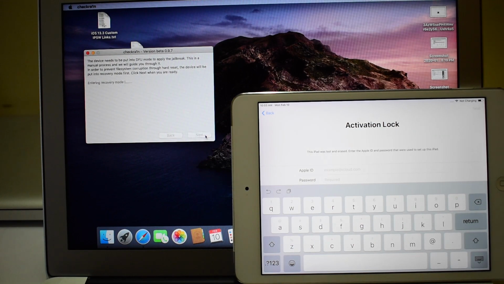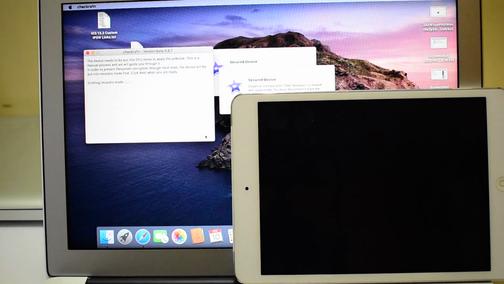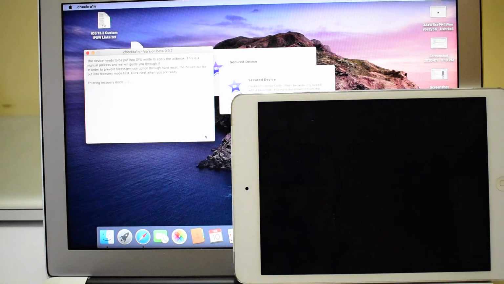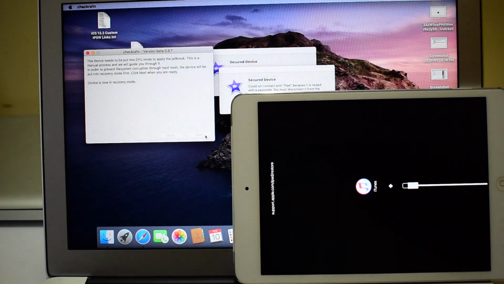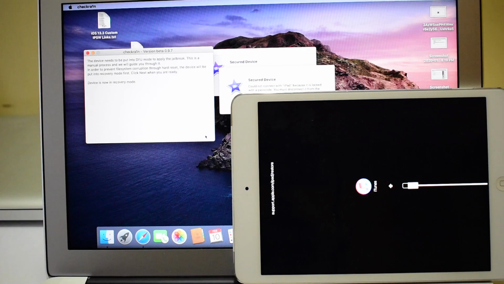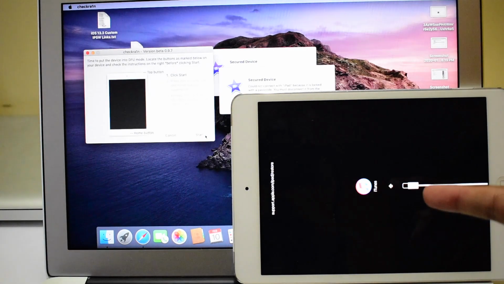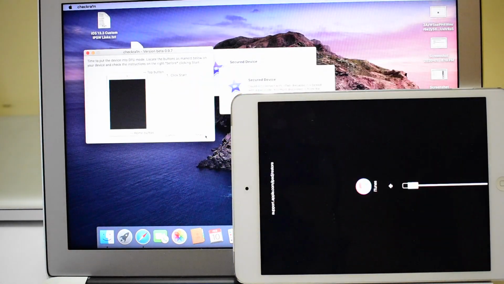Click on the start button, click on next so that the device will be put to recovery mode. So this is the recovery mode. Now you have to put the device into DFU mode. You can follow the on-screen instructions. Click on start